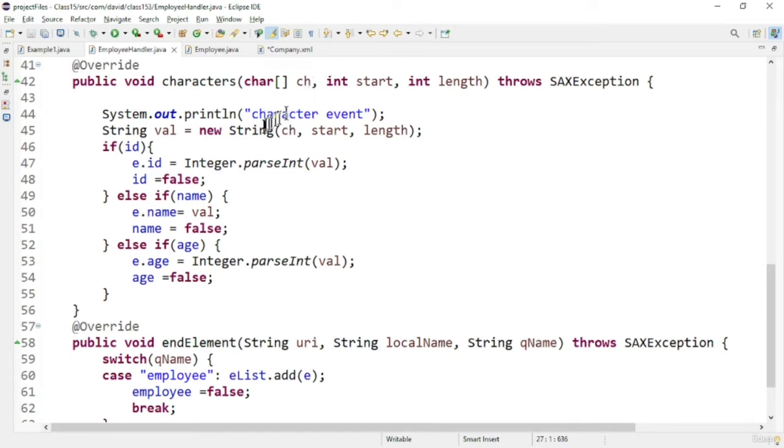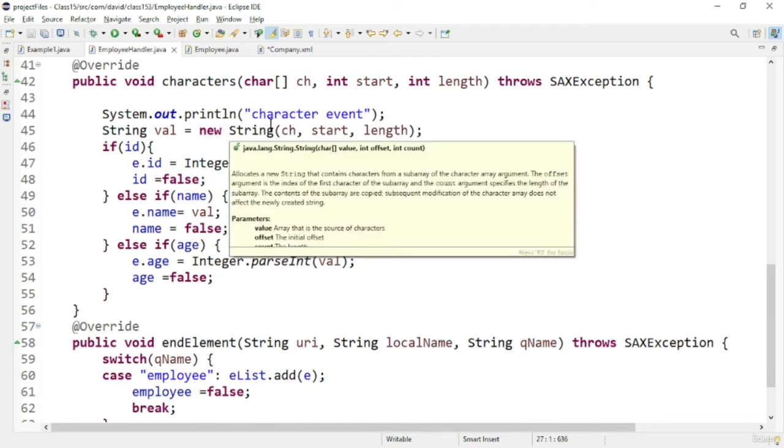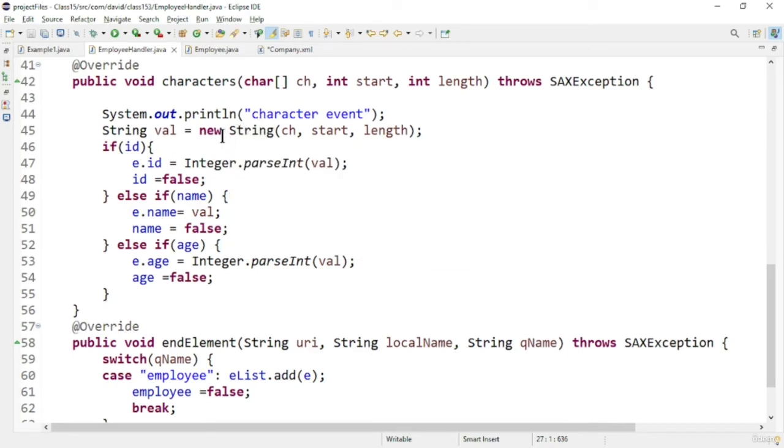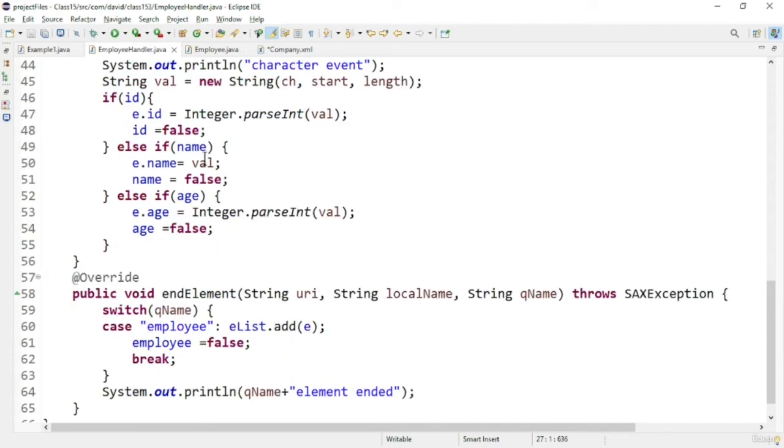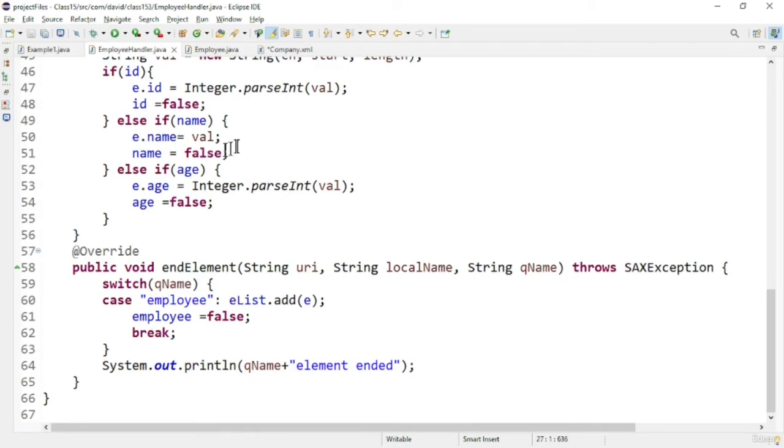I am using the String constructor to get the string representation of the character array, so we get whatever value is present in the tag. Based on the flags we set in start element, we set the values of id, name and age. You can see I am parsing id using Integer.parseInt because it is a string value, so we need to parse it to an integer. Similarly I do it for age, and for name I don't need to, because it's already a string.